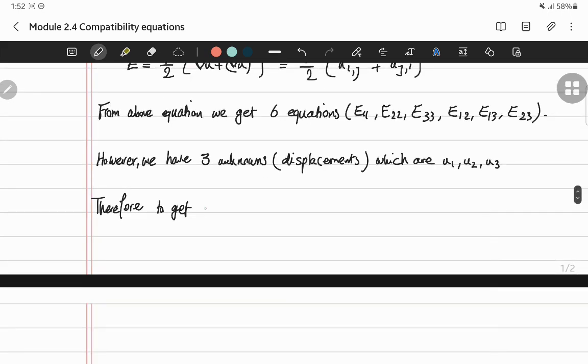Therefore, to get a continuous, single valued solution, remember this is continuous and this is single valued,